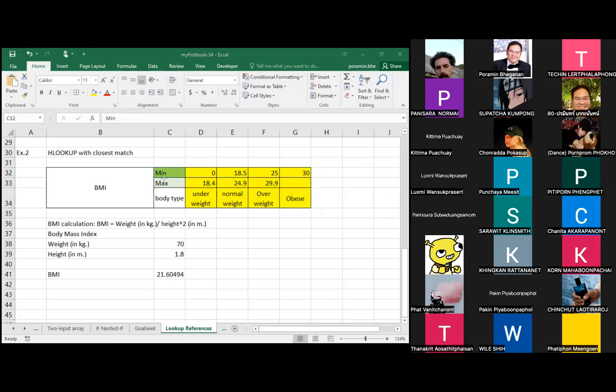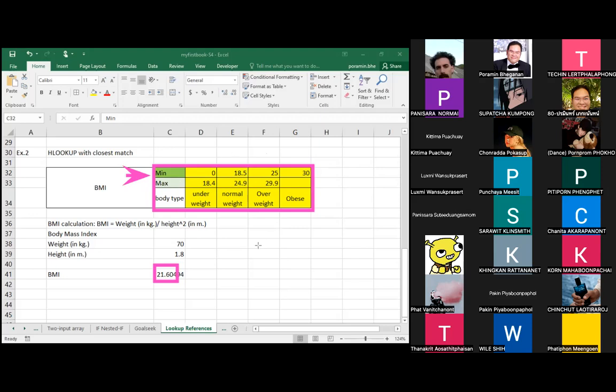it will be very rare to find 21.6 in this first row, because the first row here consists of just 4 numbers only: 0, 18.5, 25 or 30. Finding 21.6 is very rare because these are continuous numbers. In order to search for 21.6, how many different numbers would you have to type in? It is impossible. So that's why, if you have a range of data like this, 0, 18.5, 25 or 30,